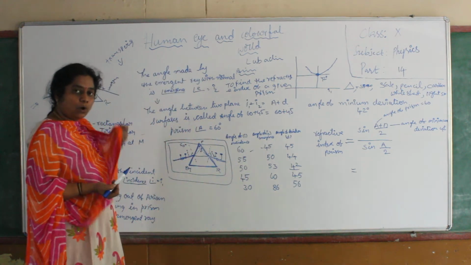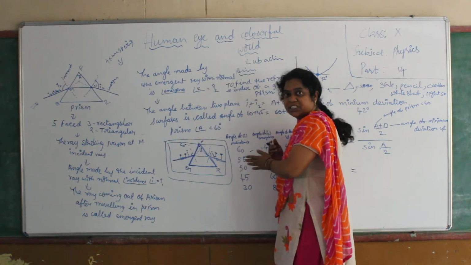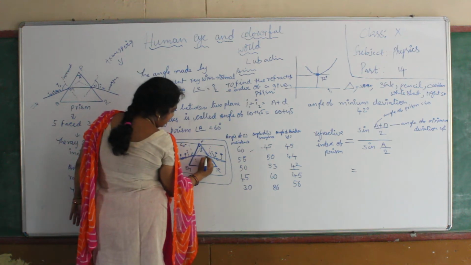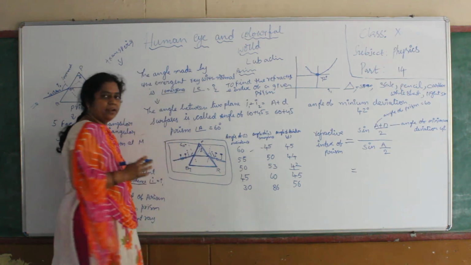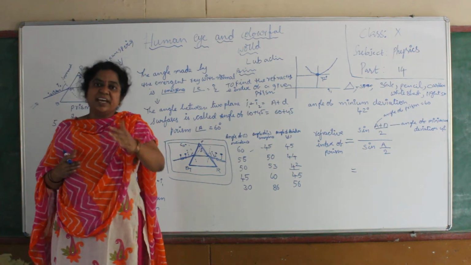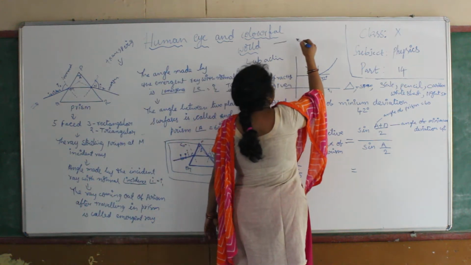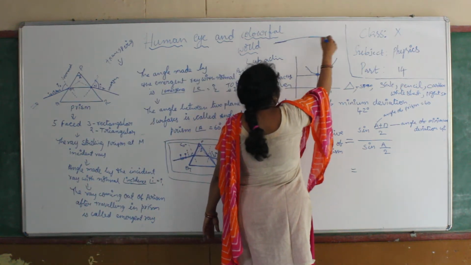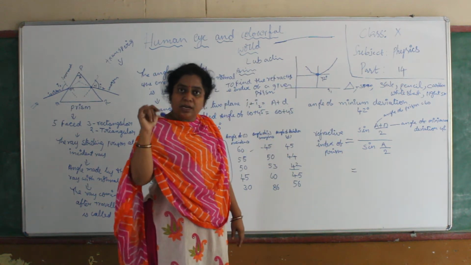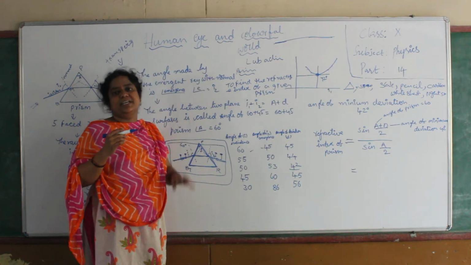So what I thought, when I was seeing from here, was that all these four pins were in a straight line. I tried to join them, but actually there was a bending here, and even here there was a bending. It was not a straight line. That means the line deviated its path. I thought it would be a straight line, but there was a little bending at the two inclined planes. So there was a deviation.